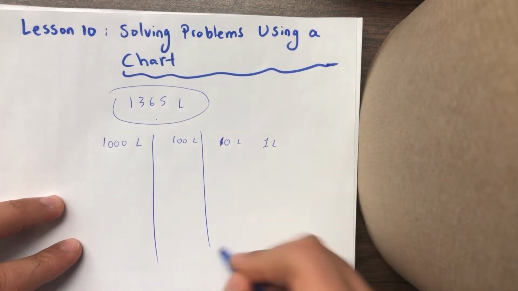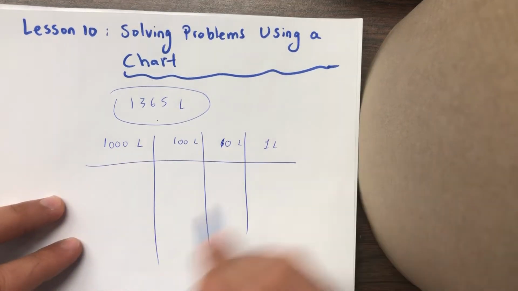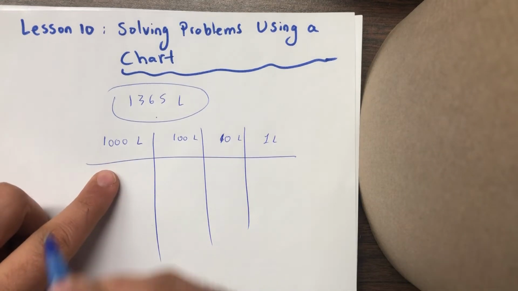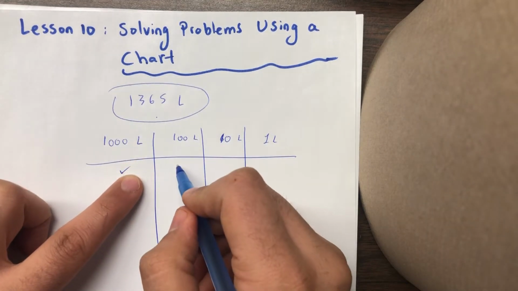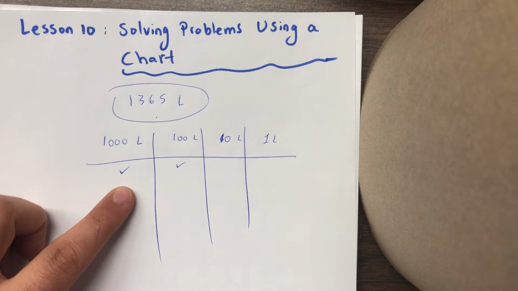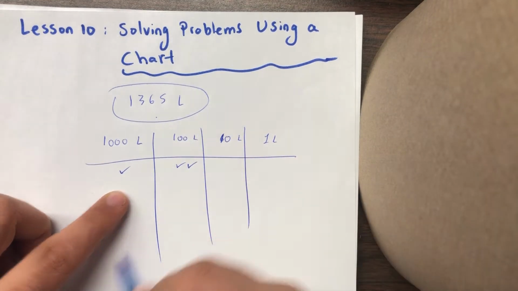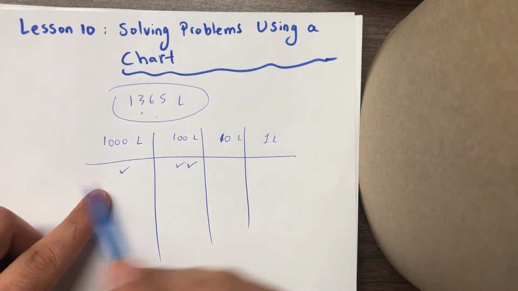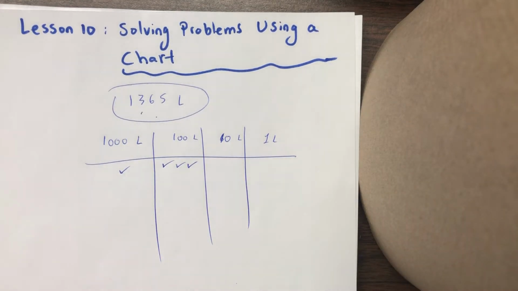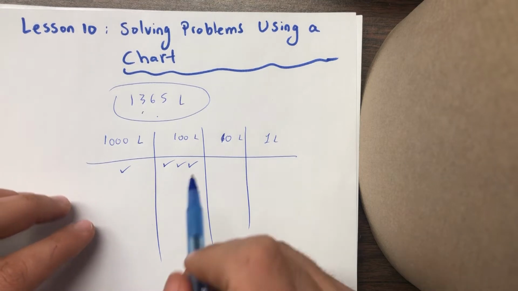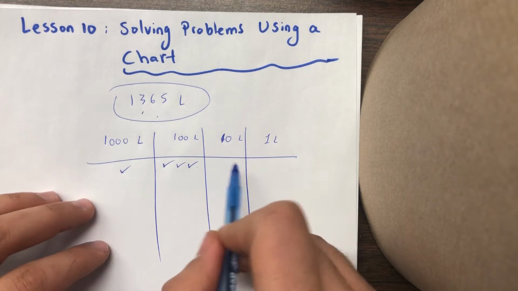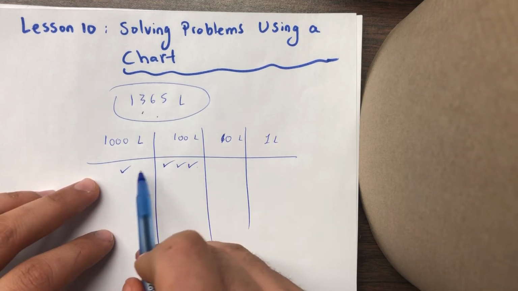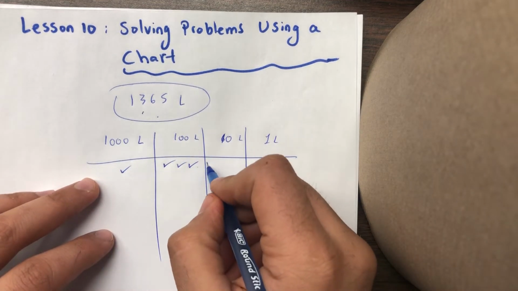So again, if I have this chart right here, and we could do it in multiple different ways, I would need one of these. So now so far I have 1,000. I would need one of these, that's 1,100. Another one of these, that's 1,200. Another one of those, that's 1,300. And if I add another one of those, that would be 1,400. So that's not going to work. So I'm going to move on to the next one. So far I have 1,300. I'm going to take one of those,